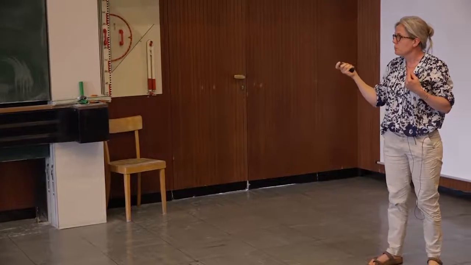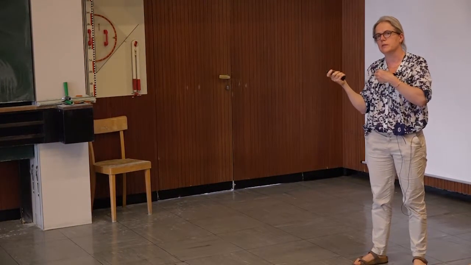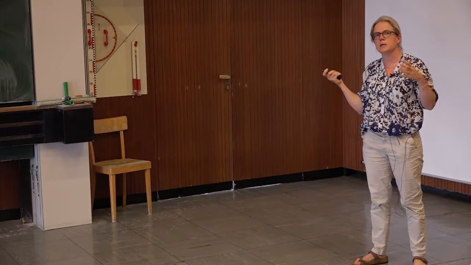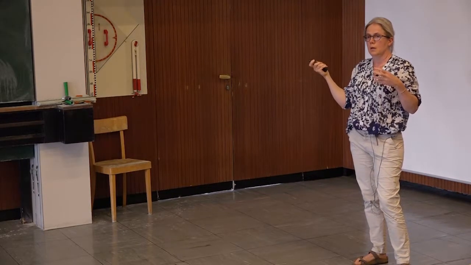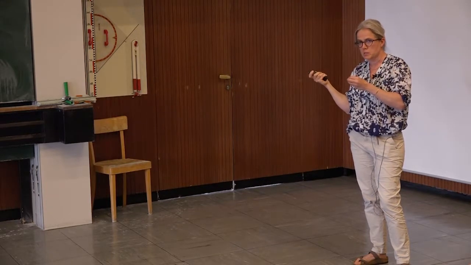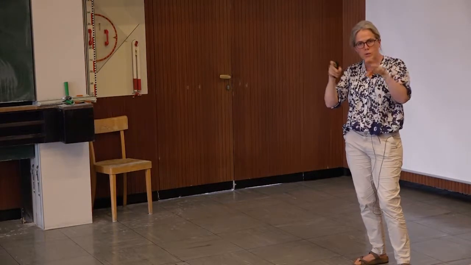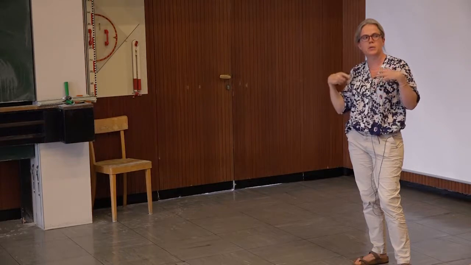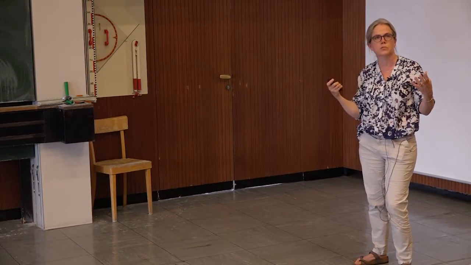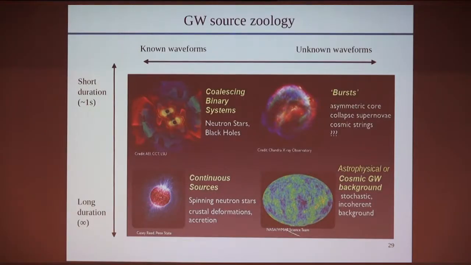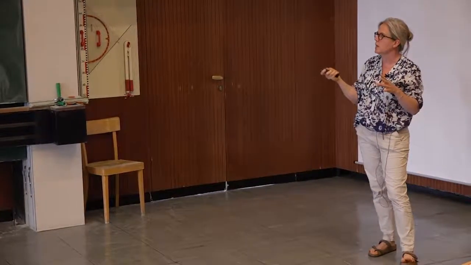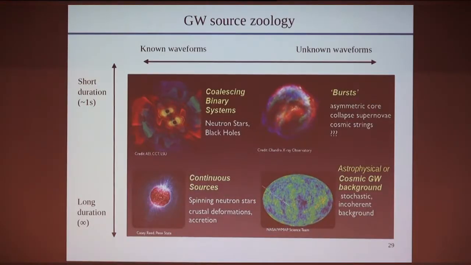And finally, if you take all the sources that have been emitting since the beginning of the universe, primordial and astrophysical sources, they have emitted gravitational waves. So in the end, all these gravitational waves should add up, and that will form a stochastic background of gravitational waves. So this is something we are looking for. This is a simplified list of sources, because we have other types of sources that we are looking for.